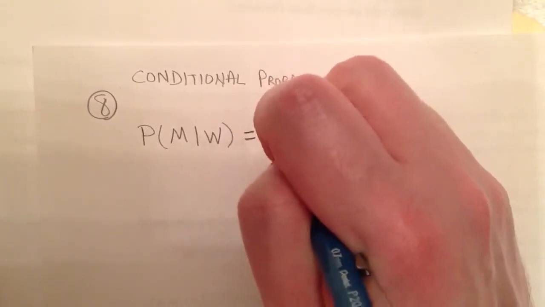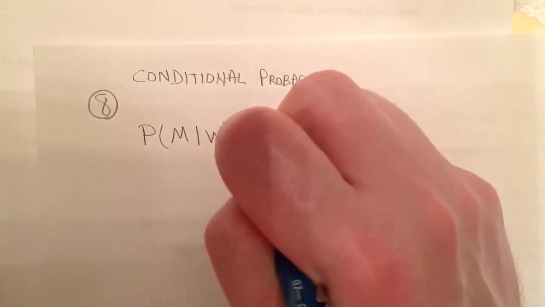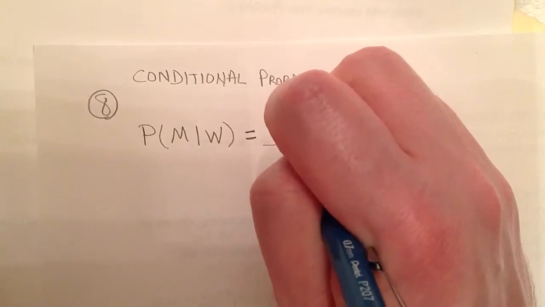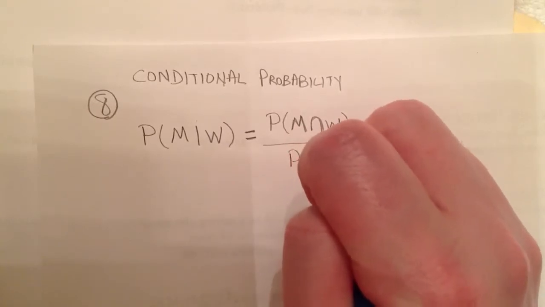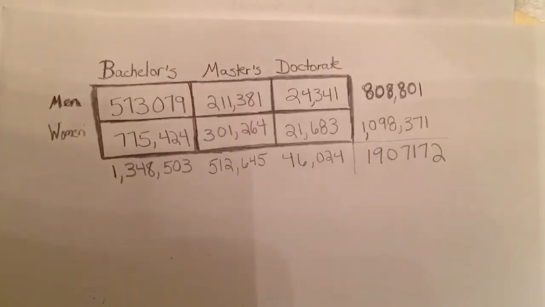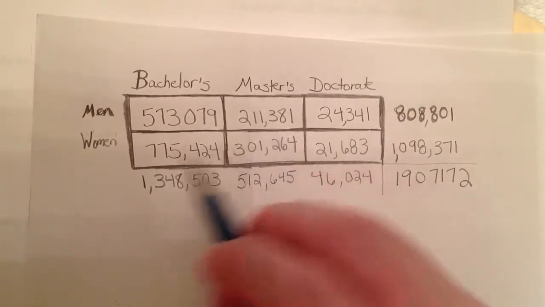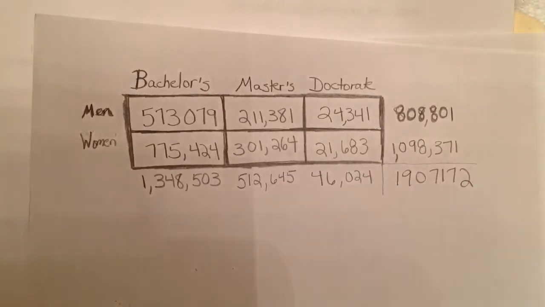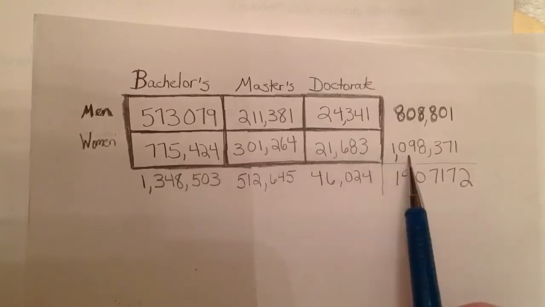You're looking at taking a ratio of probabilities: that the degree recipient has a master's degree and is a woman, relative to the probability that the degree recipient is a woman. Categorizing the data, for master's and woman, the intersection, we have 301,264, out of the total of the degree recipients. And for the women in general, we have